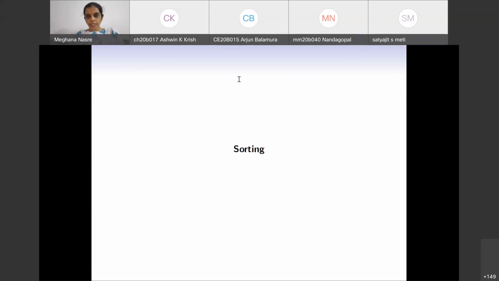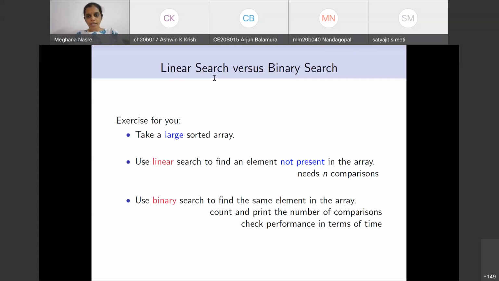Yeah, so Ashwin is asking about the number of comparisons given that there is no matching element. Yes, so as I said, select elements from 1 to n, write them in the Excel sheet in a sorted order, and just copy them in a text file. And you know already how to do input redirection, so you don't have to manually enter them.